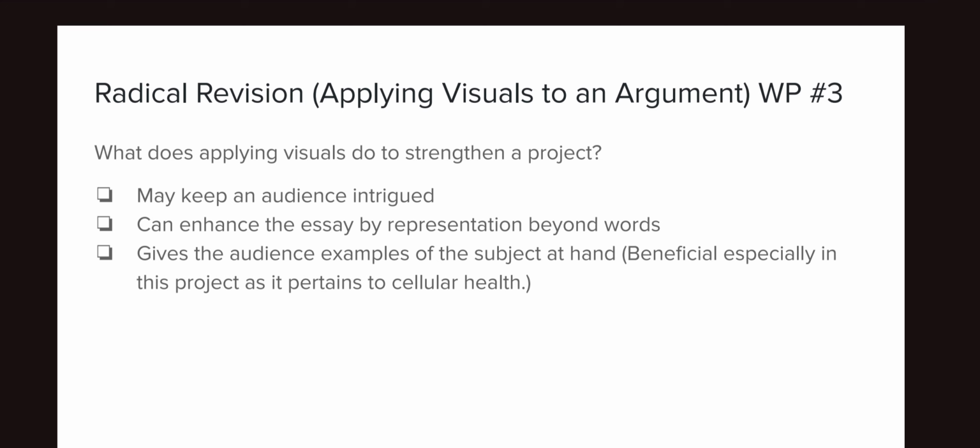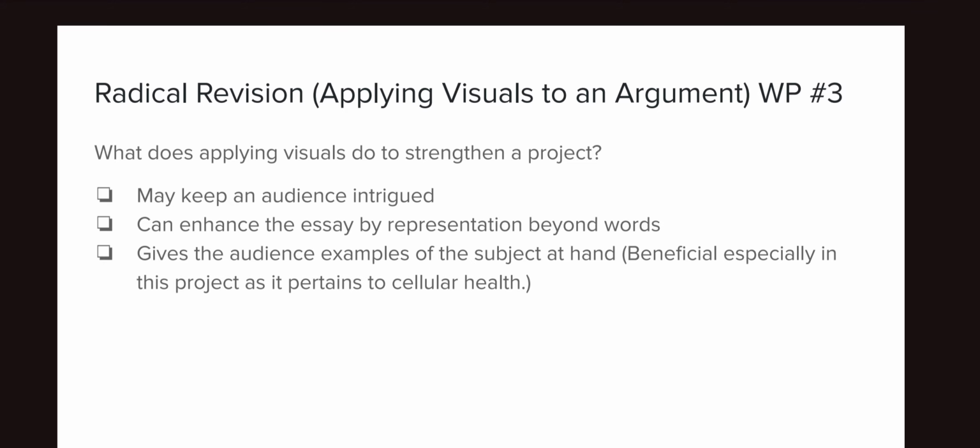My second point is that visuals can enhance the essay by a representation beyond words. So I can talk about cytotoxic cells and killer T cells, but the audience may not have a clue what that means if I don't represent that well enough with my words. So if I do that and add a photo to it, the audience may have a clearer understanding and therefore be more intrigued by the subject that they're reading about. And then it just kind of gives the audience an extra understanding of what they're reading and will keep them